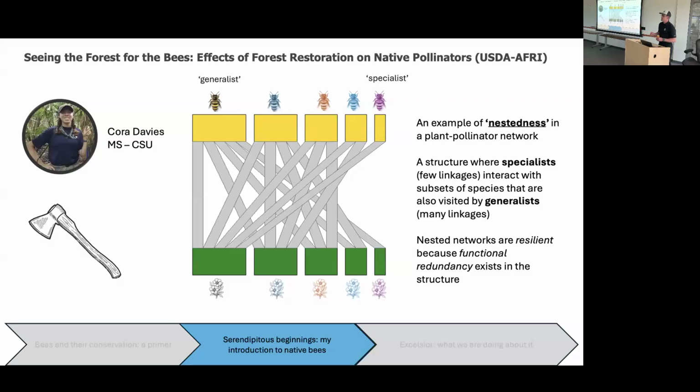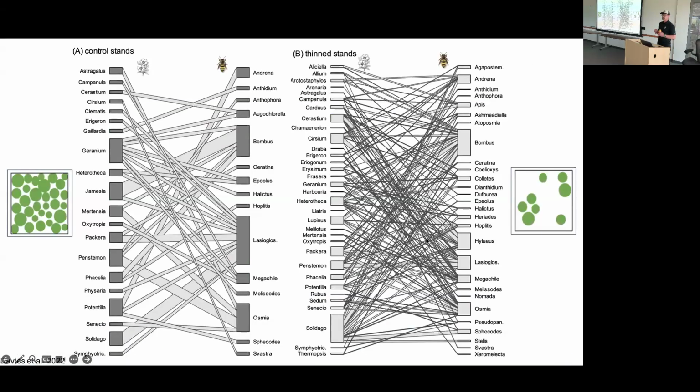Okay, so I'm going to show you now the difference in the ecological network between those unthinned control stands that had a century of fire exclusion and those that were thinned to CFLRP specifications. And you don't even really need any statistics further than this to get an idea of exactly what the thinning did. So over here, you've got your control stands. This is the network of the thinned stands.